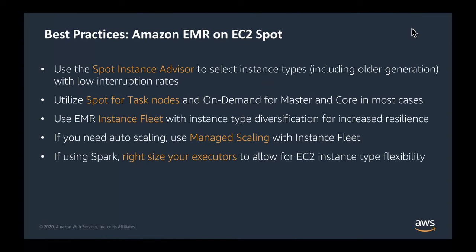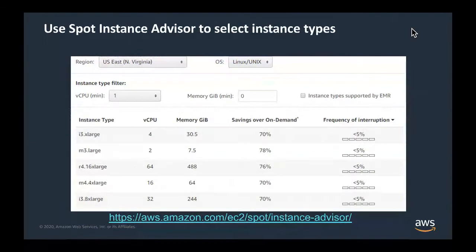And if you need auto scaling, use managed scaling. That's again a recent innovation that came out last month with EMR. And if you combine it with instance fleet, you have the opportunity to auto scale. And then if you are using Spark, right sizing your executors, not making them too huge, will also help you. So let me walk you through 5 of these,